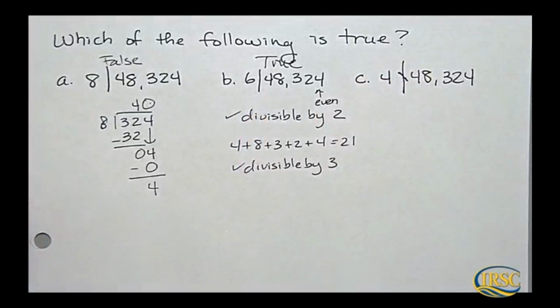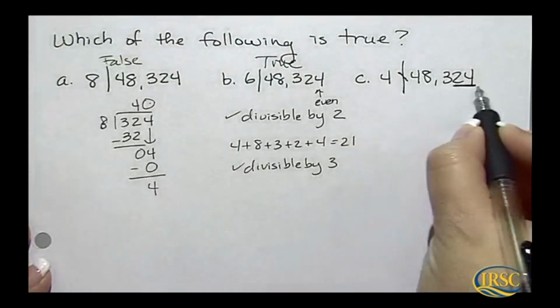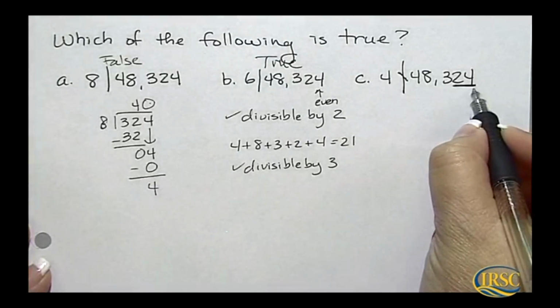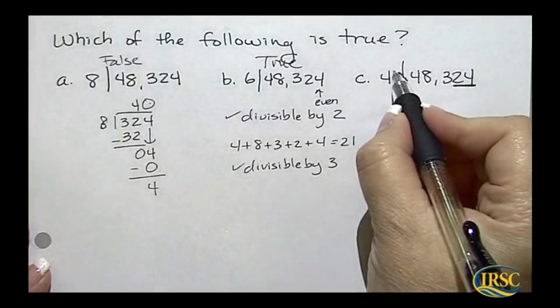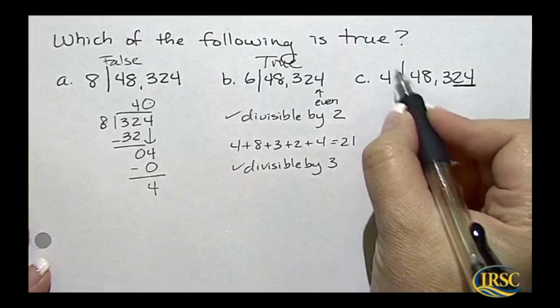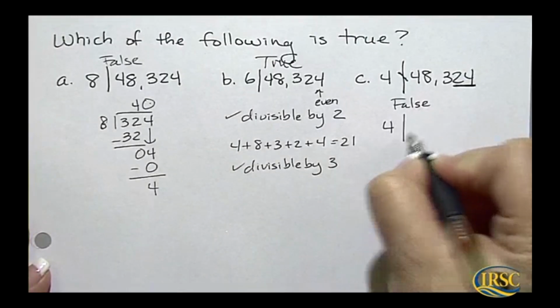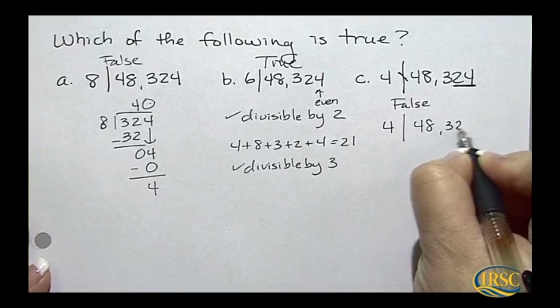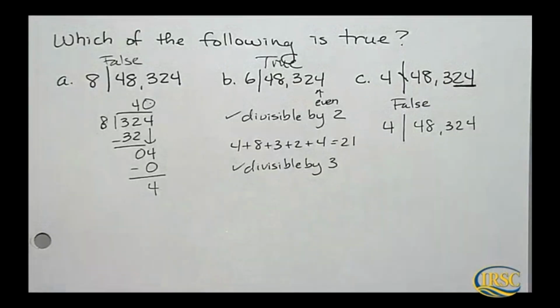All right, so what's the trick for 4? Last two digits. So does 4 go into 24? Yes, so is this true or false? False, because it said that it didn't divide into the number. That slash on there means that it doesn't divide, so this is false because 4 does divide into that number. Now some other vocabulary that I just want you to review before I let you go,